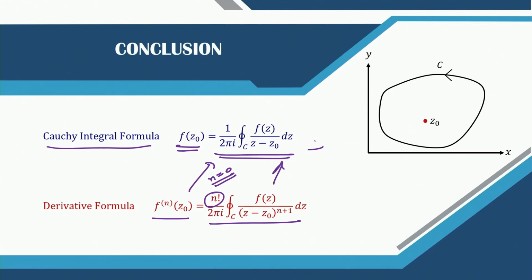So, this is a particular case of the more general derivative formula, and here we call it the Cauchy integral formula, not the Cauchy integral theorem. The Cauchy integral theorem was when the integral was 0 and the integrand was analytic. So, with this